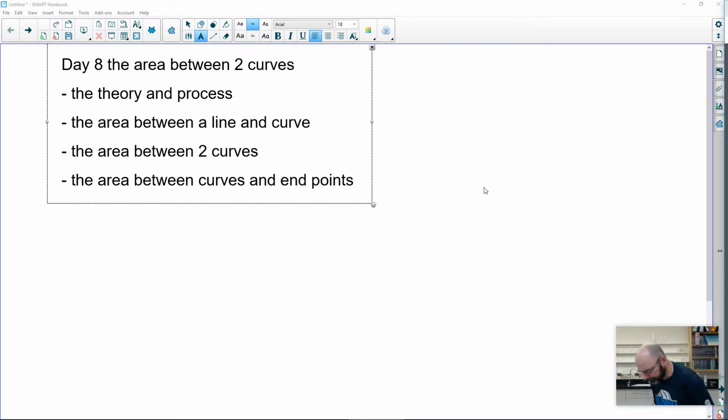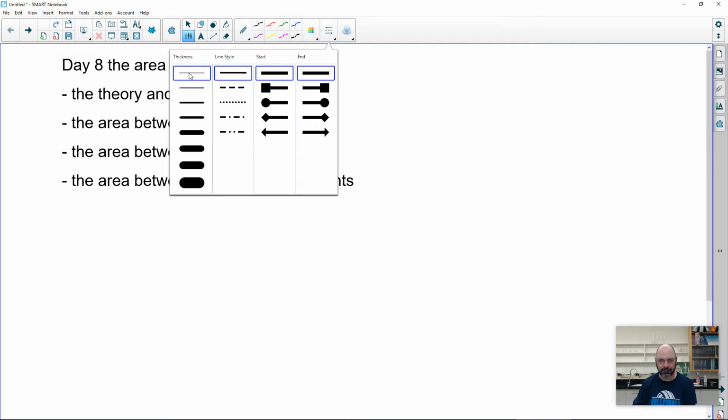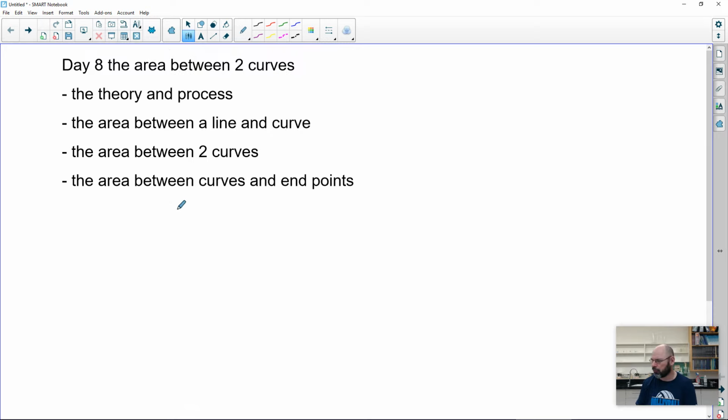So let's look at the theory part first as we get started here. So let me just get set up here. It's my marker. And the theory is really quite simple. And as long as your integration skills are there, you'll have no problem with these types of questions usually. It's a couple of things you have to be aware of, and then we'll go through those as well here. So the theory between area between two curves,